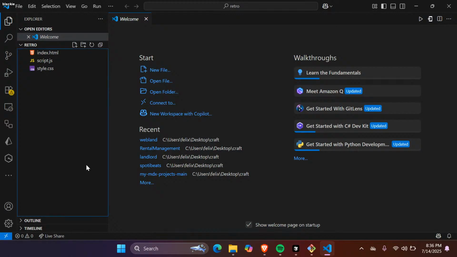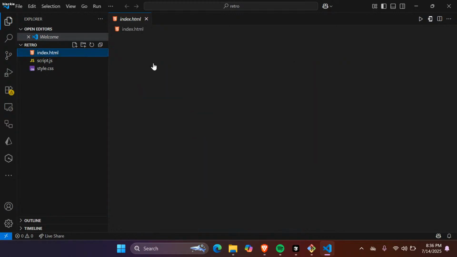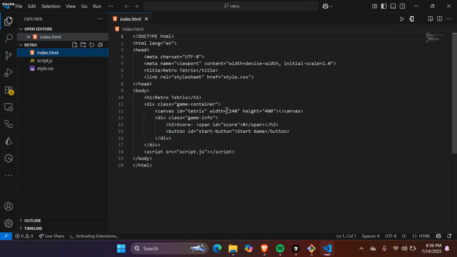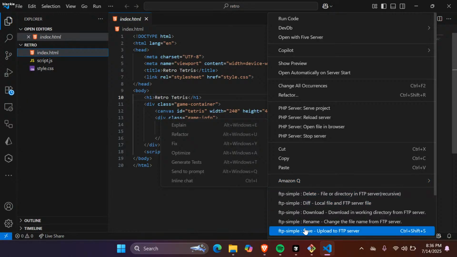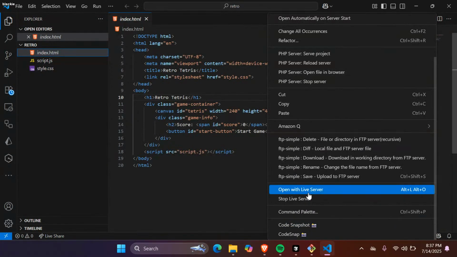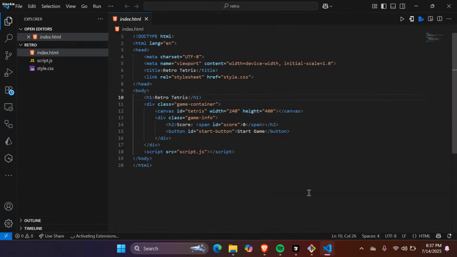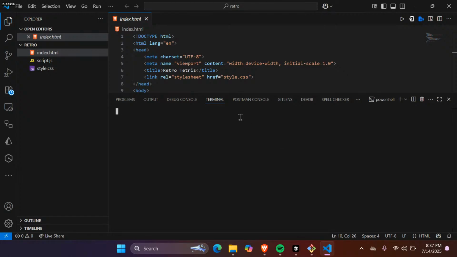It sort of does the repetitive tasks. Let's see the code. I think we can open it with the live server to see if it works. I believe we can invoke Gemini in this CLI.